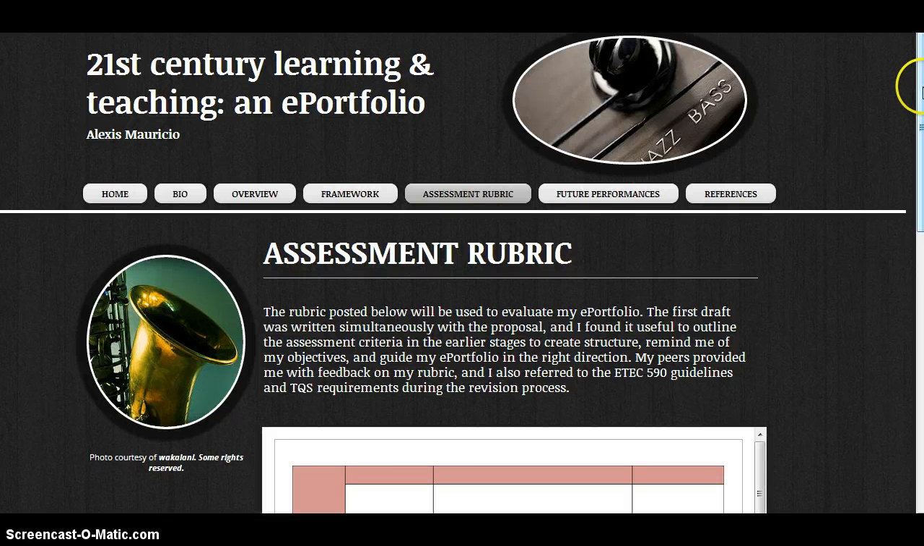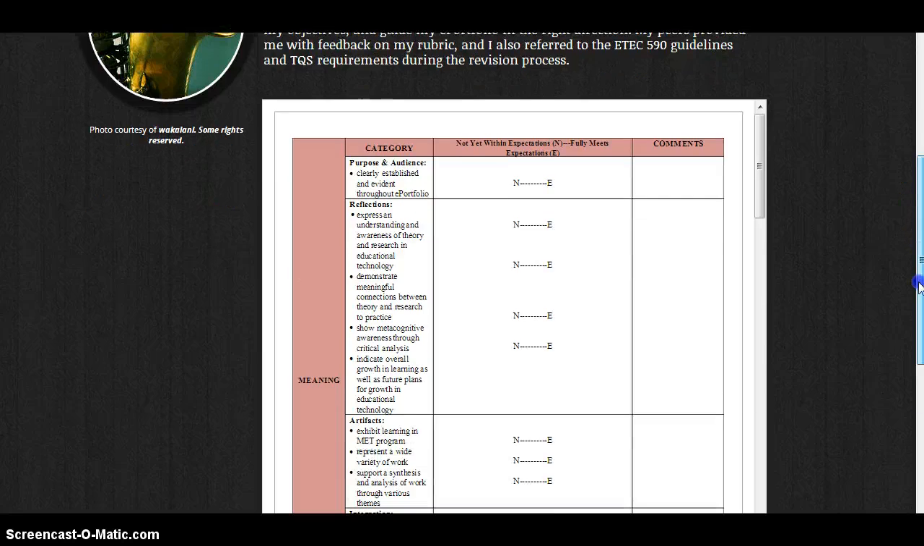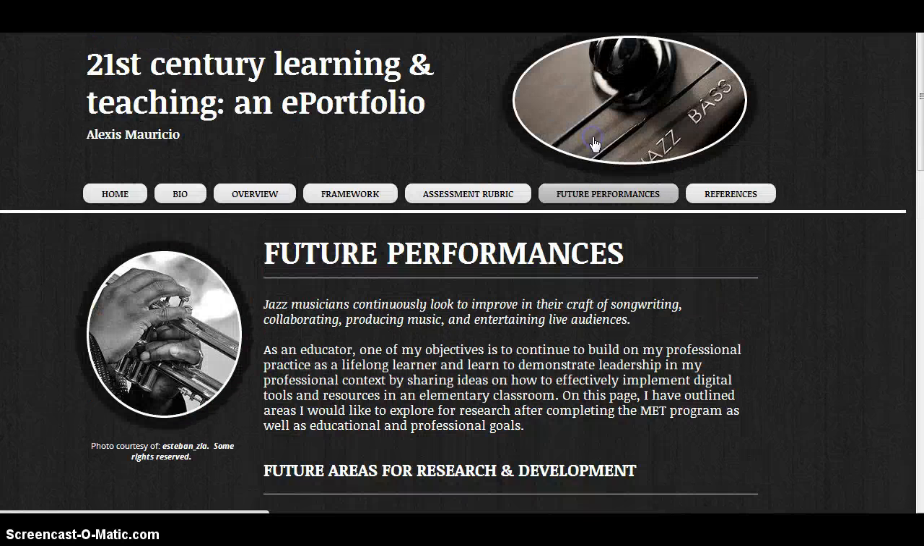The assessment rubric I've posted is what will be used to evaluate my ePortfolio. Now, in true backwards design fashion, this was created at the beginning of the process to help provide structure, direction, and remind me of my objectives, and I found this quite useful. Finally, going here,